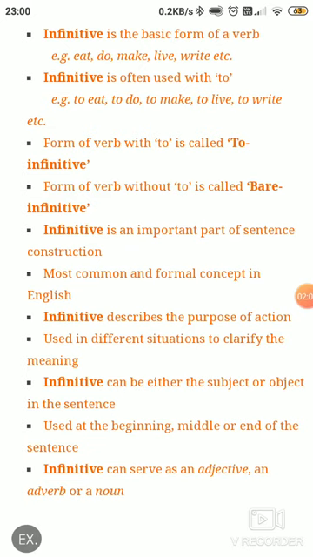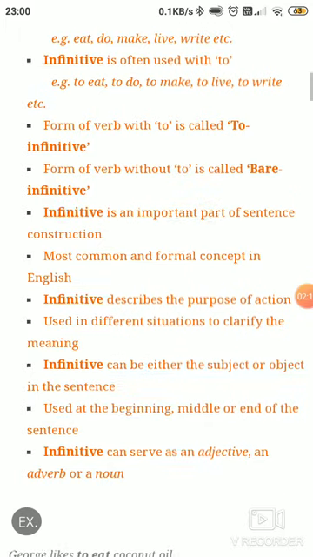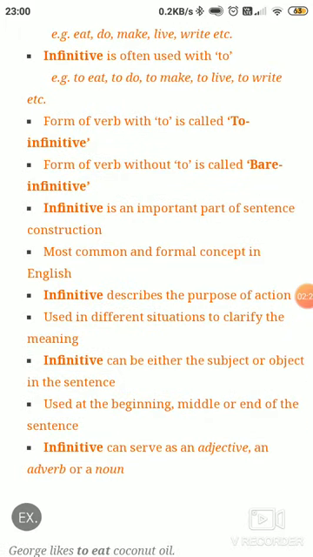Most common and formal concept in English. Infinitive describes the purpose of action, used in different situations to clarify the meaning. Infinitive can be either the subject or object in the sentence. Used at the beginning, middle, or end of the sentence. Infinitive can serve as an adjective, an adverb, or a noun.